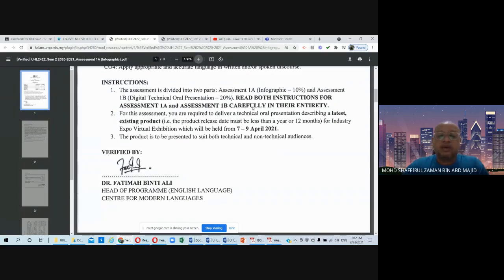For this assessment, number 2, you are required to deliver a technical oral presentation describing a latest existing product. Initially, the product release date must be less than a year, or 12 months, for the Industry Expo Virtual Exhibition, which will be held from 7 to 9 of April 2021. So why 7 to 9 of April?